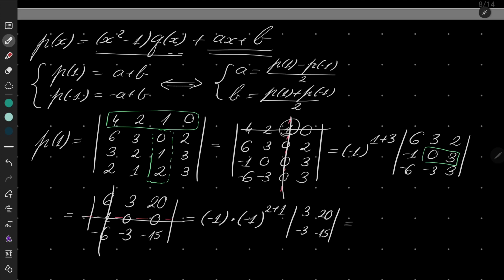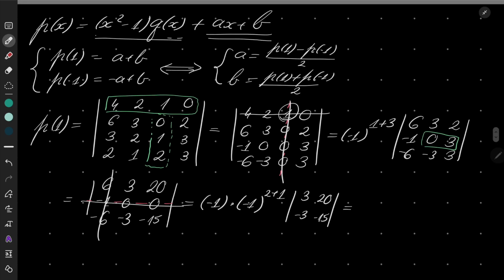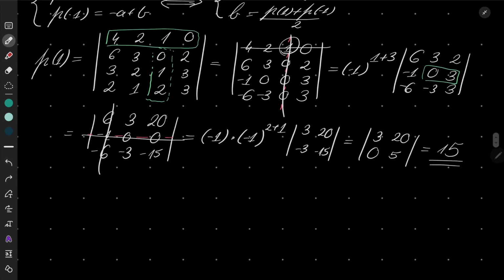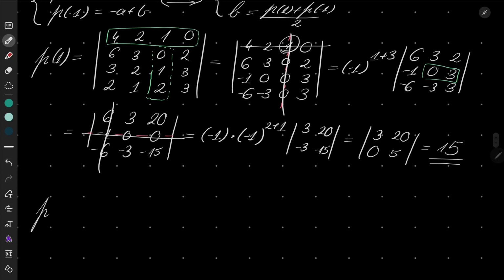So it's just the determinant of this matrix, and again we can take the first row and add it to the second row. So we will get 3 times 1 minus 3 is 0, 20 minus 15 is 5, and again this determinant is just 15, because it's just the product of these numbers minus the product of these numbers. Okay, so we have our first determinant, and now we just need to find